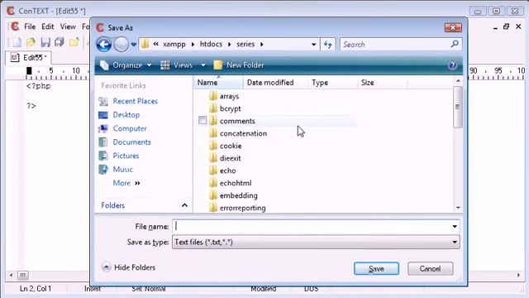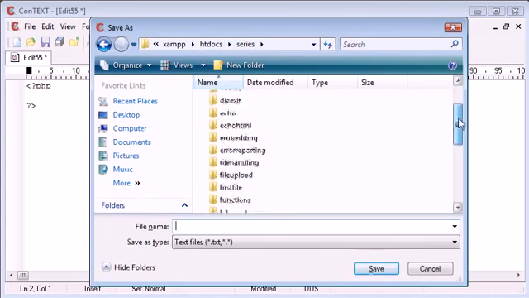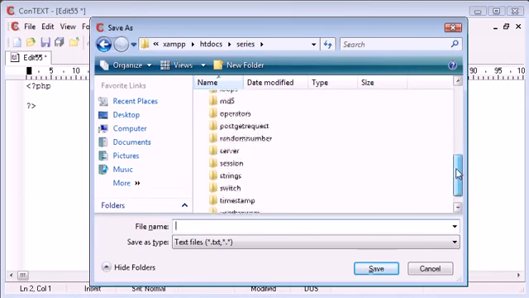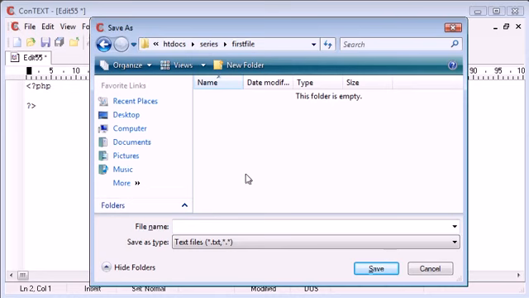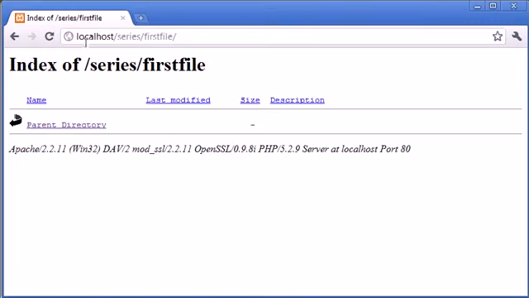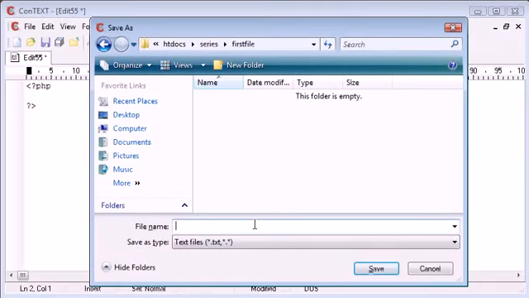Now, I have a folder inside my htdocs folder called series, and this is where the code for the videos for the whole series will go. I've created a particular folder here called first file. So this is how we're going to access it in our web browser. We're going to go to localhost, series, first file, and then we're going to have our file name here. So let's just call this document,